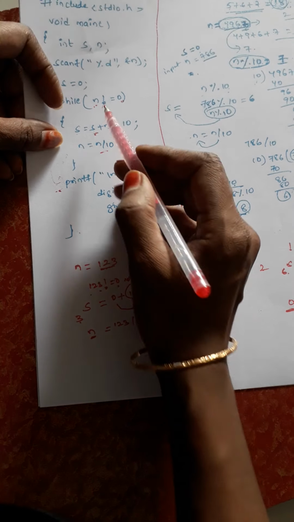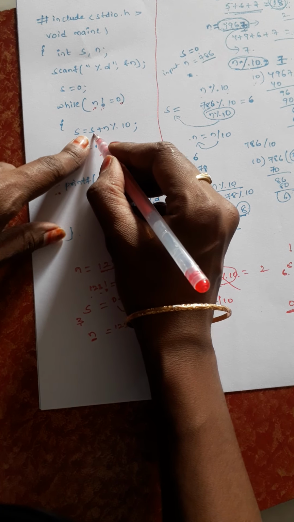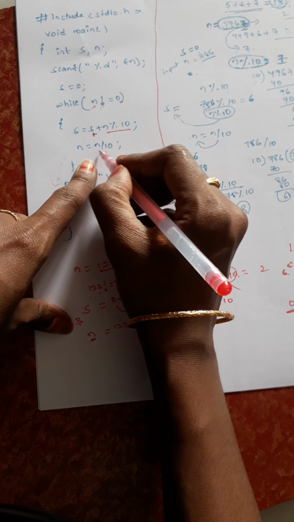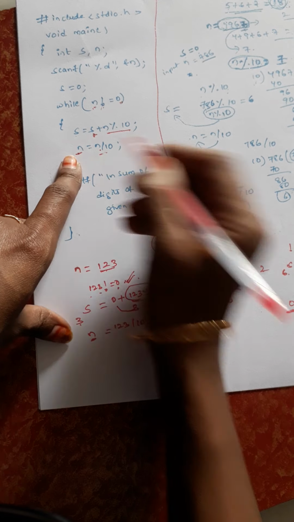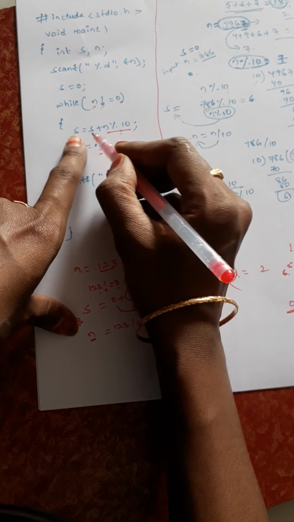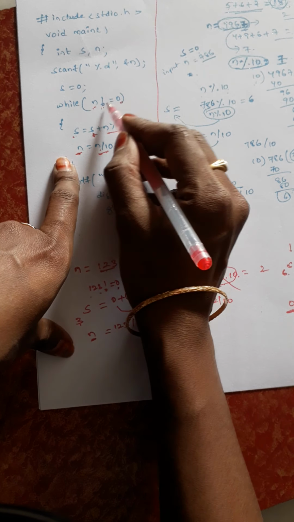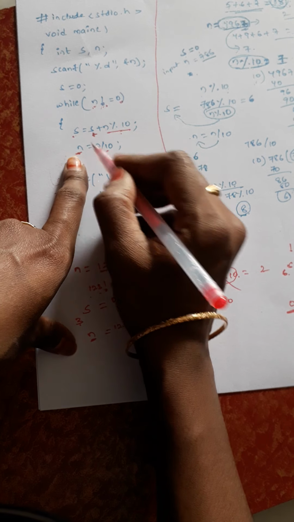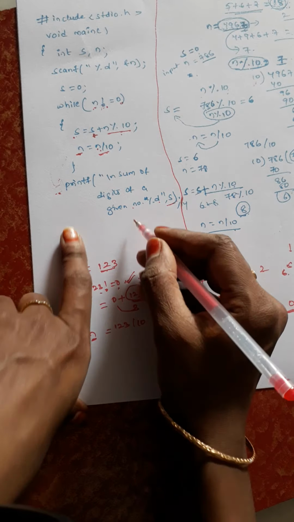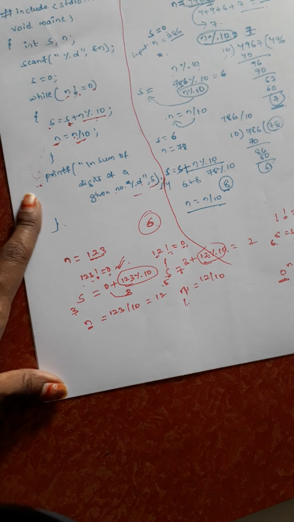So each and every time the condition is satisfied, what is going on? Initially s equals 0. Here the remainder is added with s. Next we get the quotient, which is assigned to n. The next time the previous value and the remainder are added with s. Again we get the quotient assigned to n, it checks the condition, and the same process repeats until the condition becomes false. In this manner we find the sum of digits of a given number.